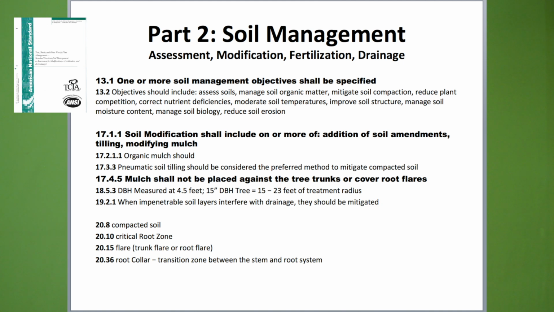I'm not going to go through them with you, but read them and you'll see that soil modification shall include, and shall is a requirement, should is not. And you're going to see mulch shall not be placed against the tree trunks or cover the root flares. One or more of the soil management objectives shall be specified. You're going to find a lot of that language in there, and so pay attention to the difference between shall